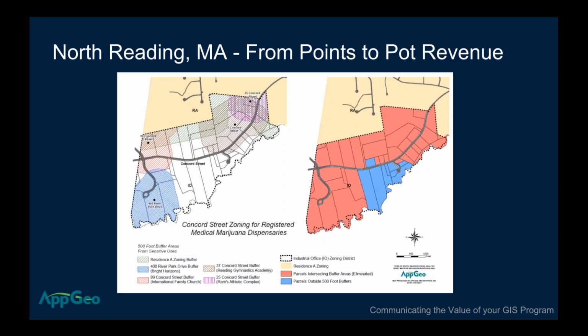So again, thinking spatially, supporting the decision makers that are ultimately going to need to validate that proposal that comes in the door. They're ready for that. And just another example of the value of the skill sets in GIS, what it prepares you to be able to do for your community organization.